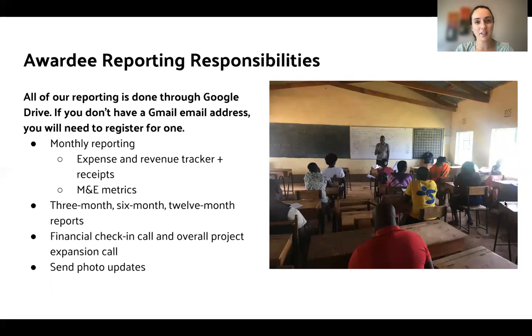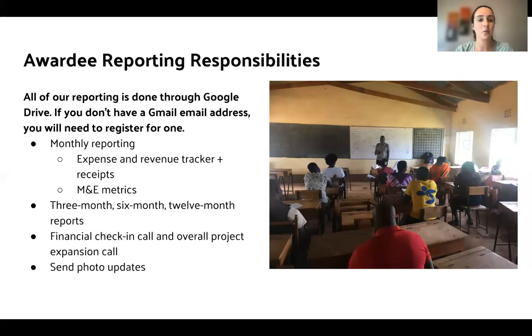If you're awarded the seed grant, you will have monthly reporting. This includes an expense and revenue tracker and collecting receipts, and also M&E metrics. These are 2 monthly reports that WMI will create for you, and then you'll do the data input every month on your side.